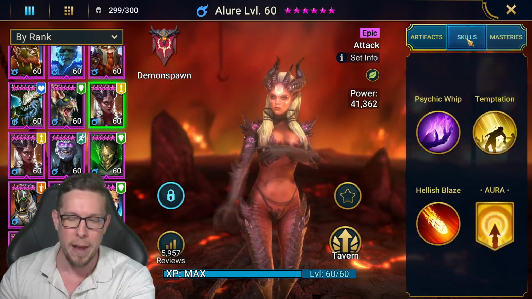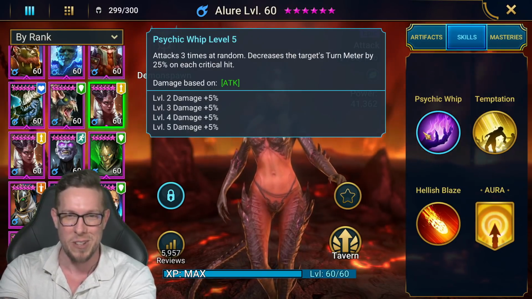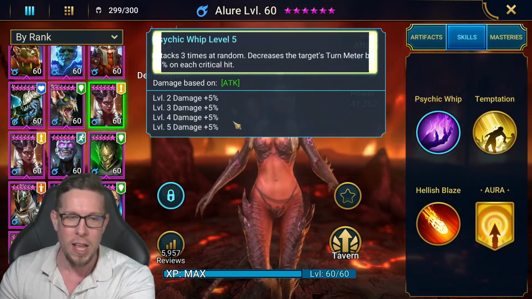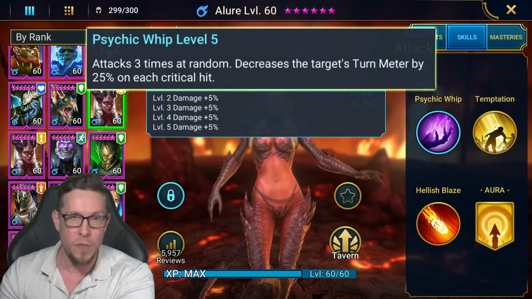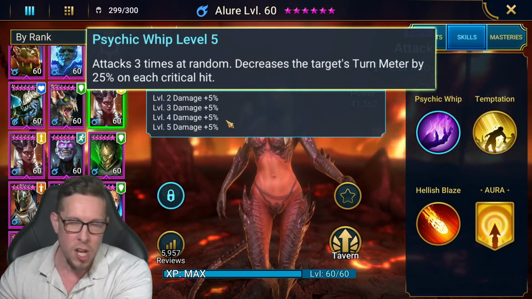The other good thing about Alure is you don't need to book her. I just booked my second Alure only to get clan vs clan tournament points, but I had her unbooked and I've been farming with my second Alure unbooked for quite a while, because all you really need in Alure is her A1. So that's it, right? Just have her A1, and you can see the books only add damage,